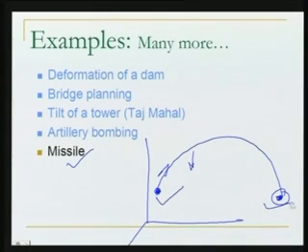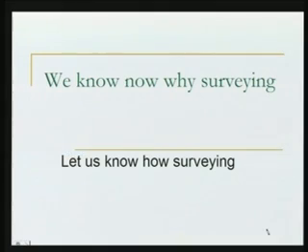For example, here you know the coordinates of this point and of this point in this particular reference, in this x, y and z. Once you know this, only then do you know what kind of velocity vector you need to give to your missile so that it will exactly target this area. So there are many more examples like this where surveying can be used.